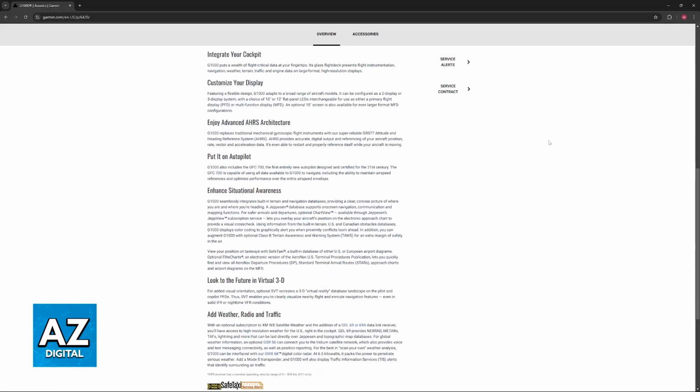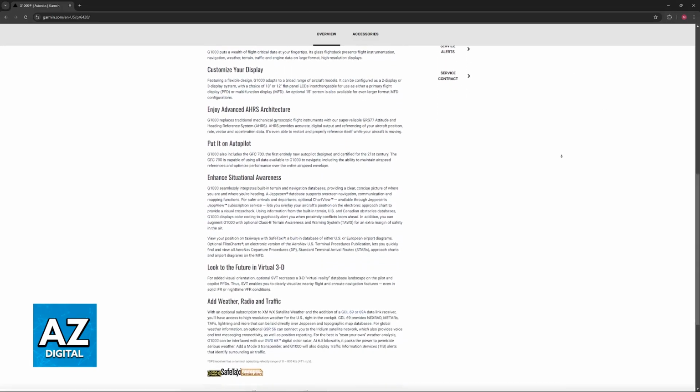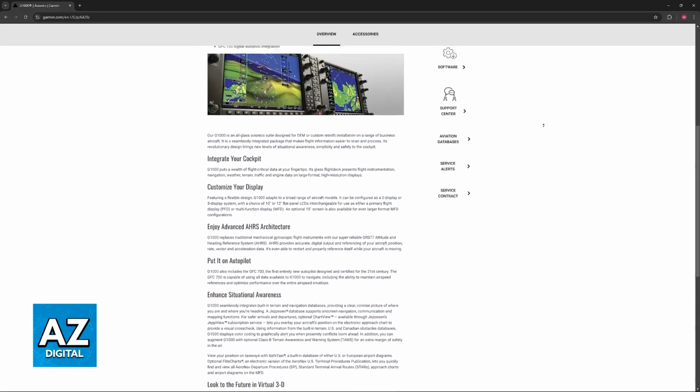So for the actual basic operations of the G1000, while the specific operations can vary depending on the aircraft model and G1000 configuration, the fundamental steps are first powering it on, so you turn on the master avionics switch, wait for the system to initiate, and then do the pre-flight checks, so verify system initialization and configuration. Check for any system faults or warnings and review the PFD and MFD displays for accuracy.